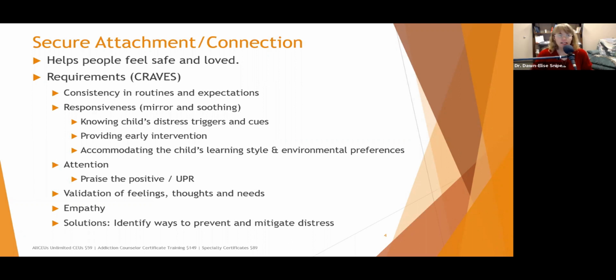People with autism are people, and they happen to be neurodevelopmentally different, but they are not broken. They are different. So identify ways to prevent and mitigate distress that are meaningful to the person. And when they're 2, it might be harder to figure that out, but as they get older, giving them agency is going to be really important, and we're going to talk about that multiple times today.